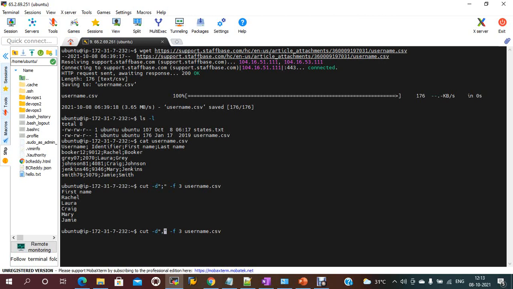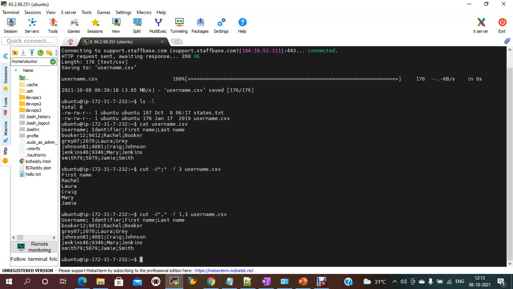Now if you want to display the first and fifth column, there is no fifth column, right? So we don't have that one, that's why it displays the complete line.